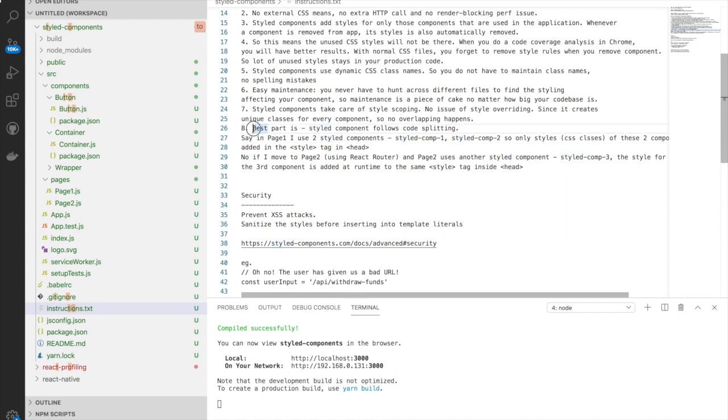And what's the best advantage? The best one as per me is that styled components also do code splitting at their own level. What that means is that if I'm using two components in page 1, it will inject only those styles that are needed for the two components to show up. The rest of the CSS will be deferred until the other components load. To give you an example,